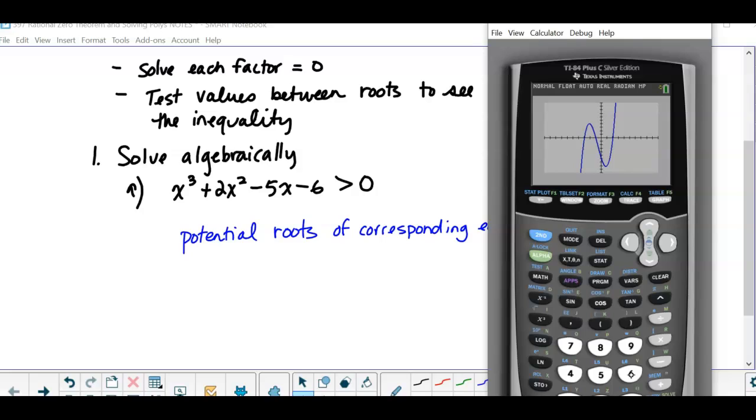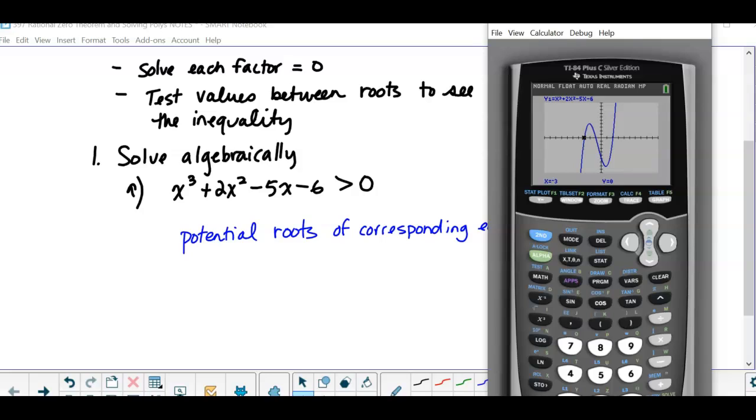So you can look at that and know what the factored form is right away. Looks like there's an x-intercept of 2, an x-intercept of negative 1, and an x-intercept of negative 3. So you could come up with the factored form of that inequality and solve it,